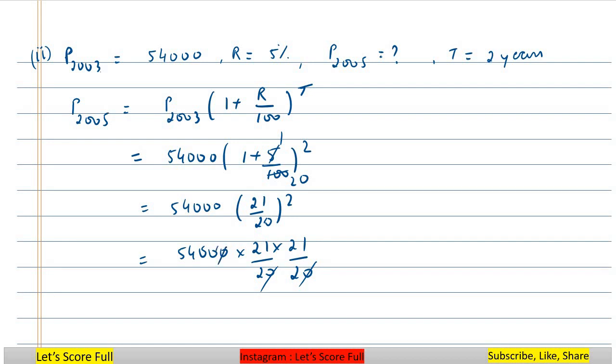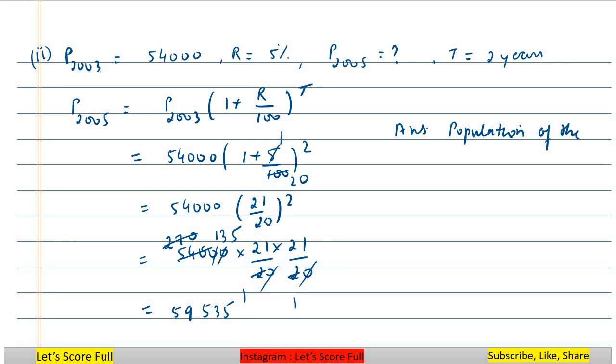It is easy to calculate as it is even, 0 in the denominator, right? 1, 2, 0 you can cut, then again 1 za and 2 2 za, 2 7 za, then again 1 za, and it is 2 1 za, 2 3 za, 2 5 za. When you do the calculation, how much is it coming? 5. Okay, so it is coming 59535, right? So this is the population. Final answer you can write, population